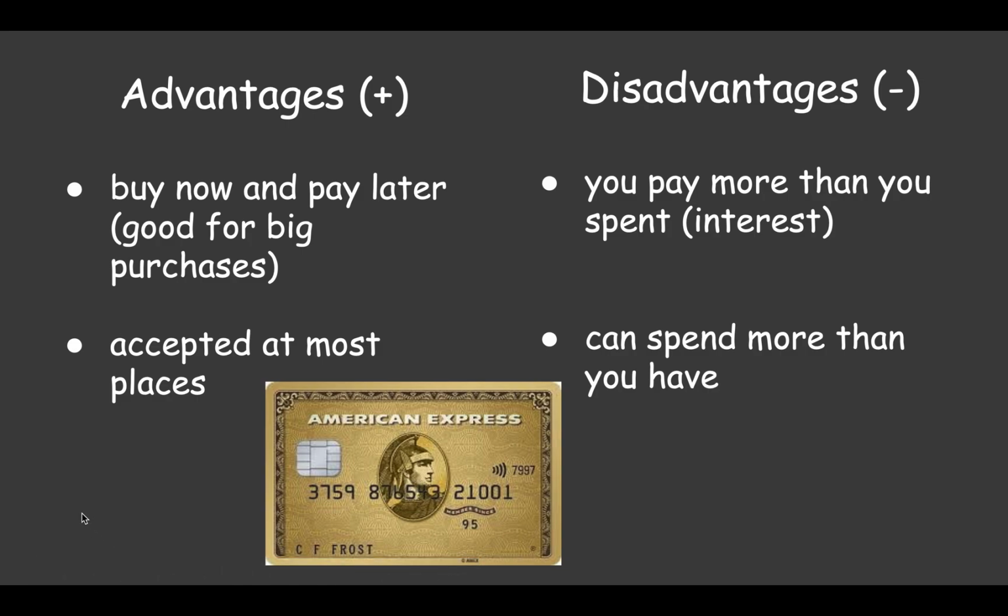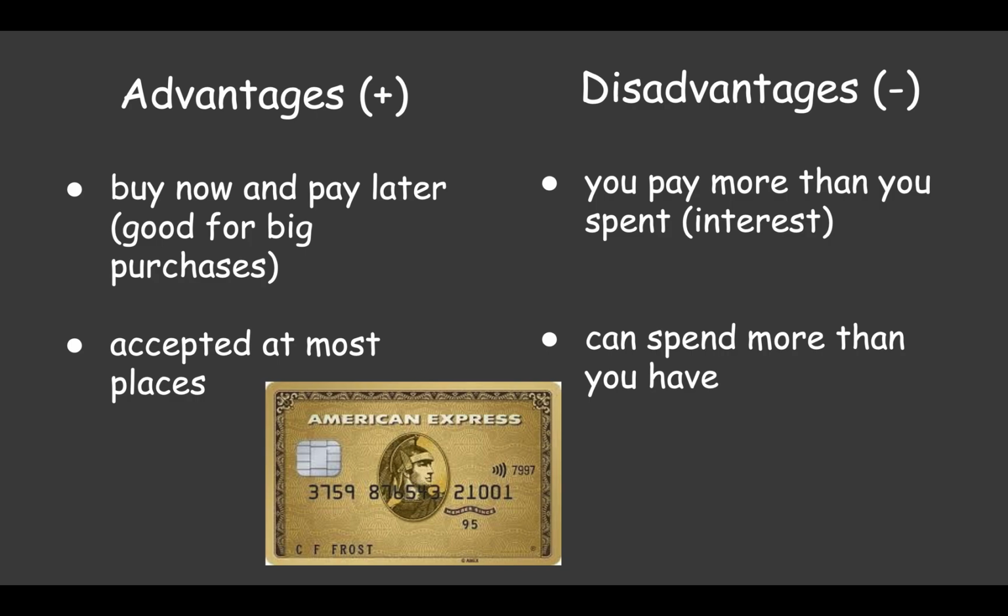So there are some advantages to using a credit card. A credit card allows you to buy it now and pay later. This is good for big purchases. For example, probably about 3 months ago, our refrigerator went out. And a refrigerator is a necessity in the household, but they're very expensive. And we didn't have the $2,000 we needed to buy a new refrigerator or freezer. So we were able to put it onto a credit card and do a buy now, pay later process,